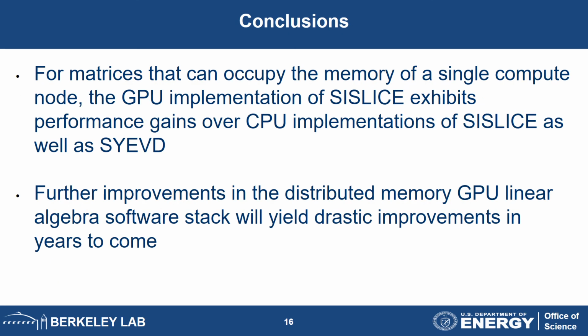So in conclusion, there are really two positive takeaways that we can take from this work. The first is that for matrices that can occupy the memory space of a single compute node, whether that be a sparse or a dense matrix, porting the compute-intensive kernels of the SI-SLICE method over to the GPU yields pretty decent performance improvements over the CPU implementations of both SI-SLICE as well as dense eigensolvers, both on the CPU and the GPU. The second is that even though the GPU implementation of the dense eigensolver in ELPA was able